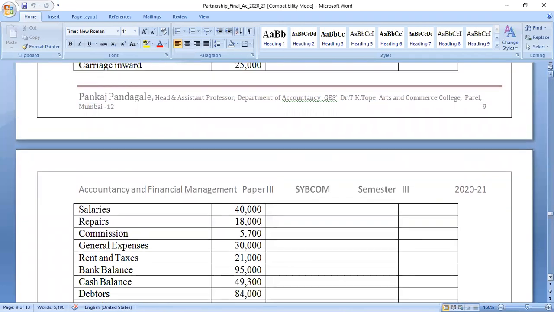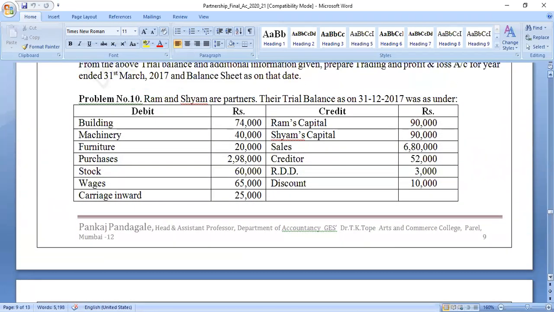Then friends, credit side: Ram's capital 90,000, Sham's capital 90,000, sales 6,80,000, creditors 52,000, RDD 3,000, discount 10,000,